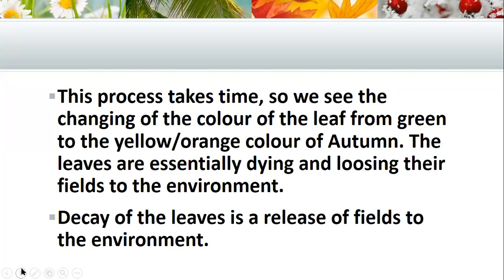And the color that we see of the leaf is sort of the internal structure, which gives us that color. And so as that gap between the outer and the two surfaces of the leaf closes slowly, so that color changes as the leaf slowly starts dying, because it just essentially cannot absorb the fields anymore.